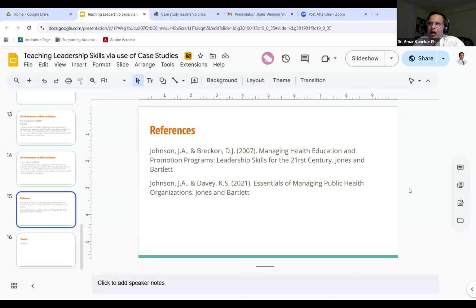Well, any advice would be to get as much information and skill development through their curriculum if they are in an undergraduate public health program, and try to use those skills in a real world setting. If they have that application in their curriculum via service learning or internships, whatever they learn in their coursework, try to transfer or apply it to real world settings, like I said, through internships, service learning,